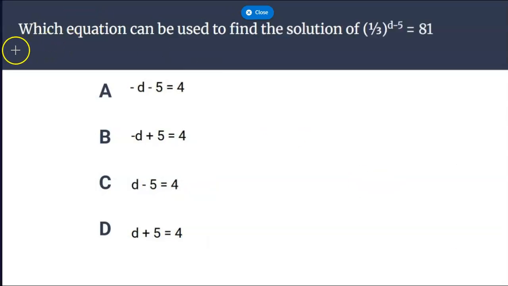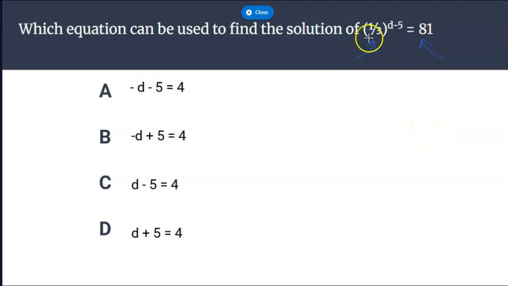All right, looking at the next one, the question says, which equation can be used to find the solution of (1/3) raised to the power of d minus 5 equals 81? In order to solve these types of equations, you want the bases to be the same, and when the bases are the same, you're able to just focus on the exponents themselves. Right now, we just have 1/3 and 81. Well, what's the connection there? What's the relationship between